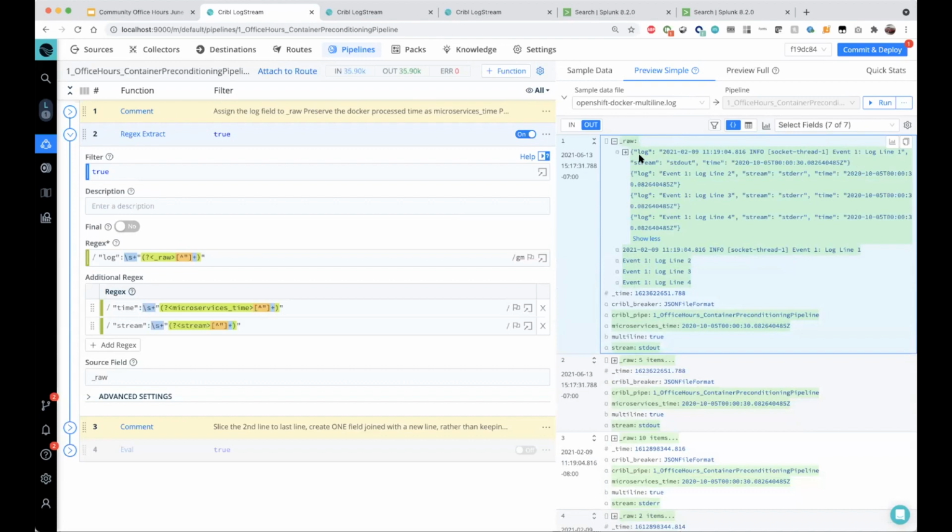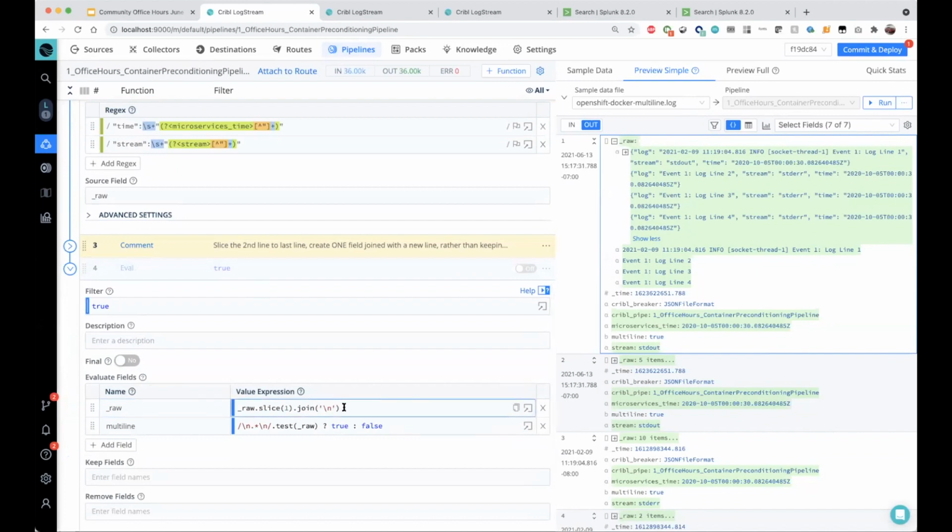First, when I saw this is what led me down the path of that 12 function pipeline. But there's a way to deal with this, and that way is actually in this eval. This is where we can tell it, using our JavaScript knowledge, a JavaScript expression input here to do a slice function on the raw field and join them